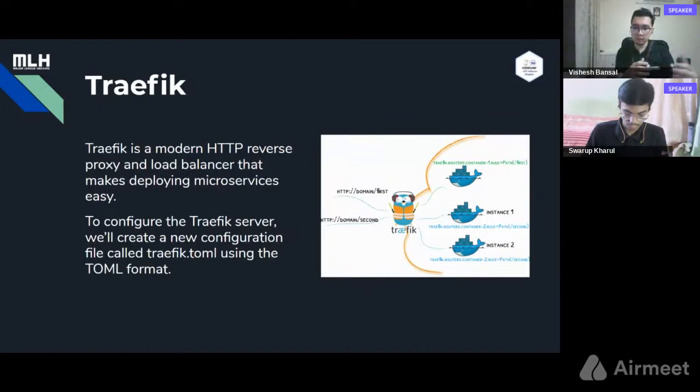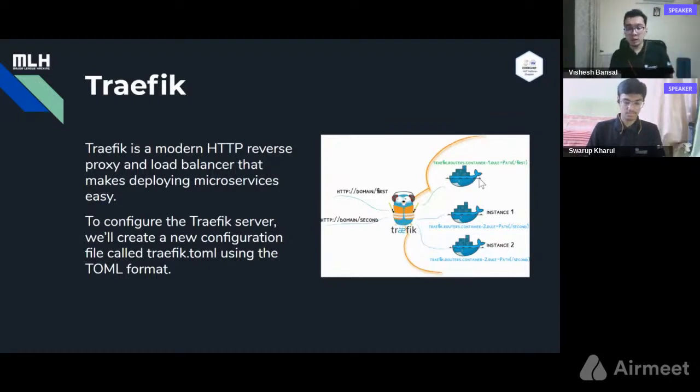A proxy server is a go-between, an intermediary server that forwards requests for content from multiple clients to different servers. As you can see in the slide, we have one domain and then a second domain. Basically these are two routes, and according to the route, Traefik is a middleware which sits and defines what each route will do and points it to a different container altogether.